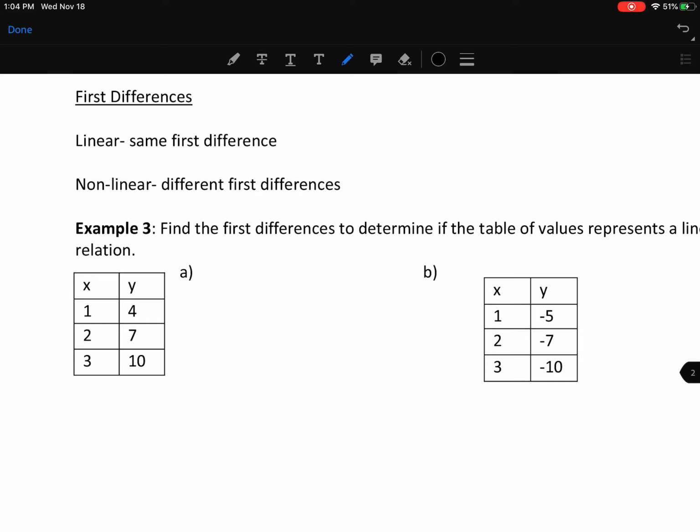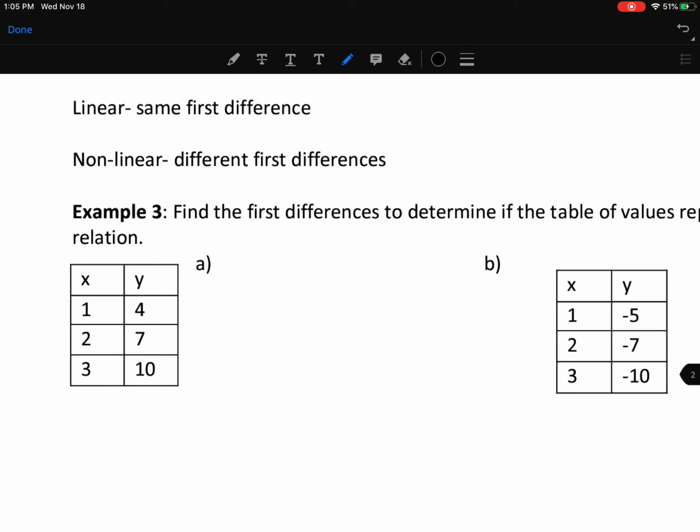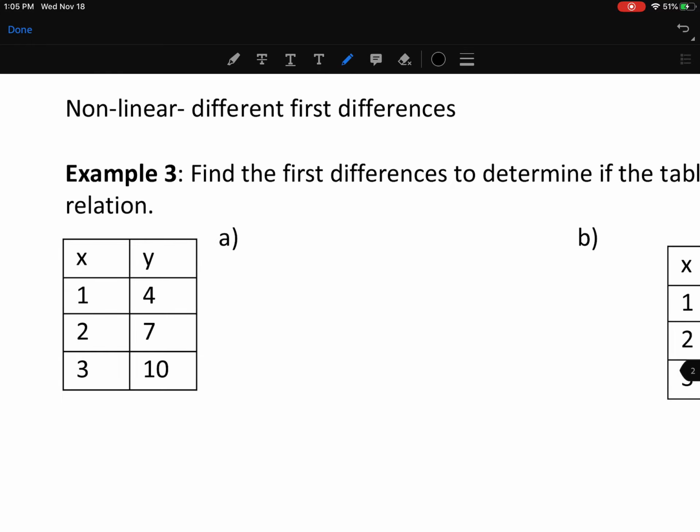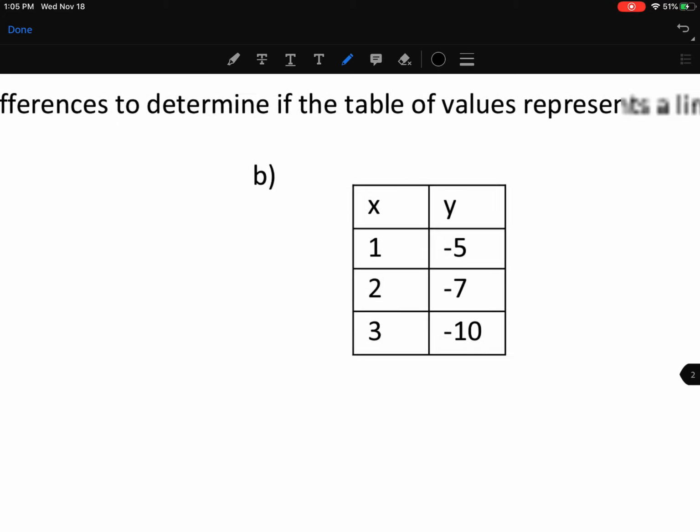And hopefully you did something called first differences last year. And what this meant is by looking at a table, you can tell, depending on the pattern, if it is a linear function or not. And if it's linear, the first differences are the same. And what I mean by first differences is how much you go from this first point to the next point, how much did you go up or down every time. So I see here from 4 to 7, we went up 3, and then from 7 to 10, we went up 3. We saw our differences here are the same, so therefore, this is a linear